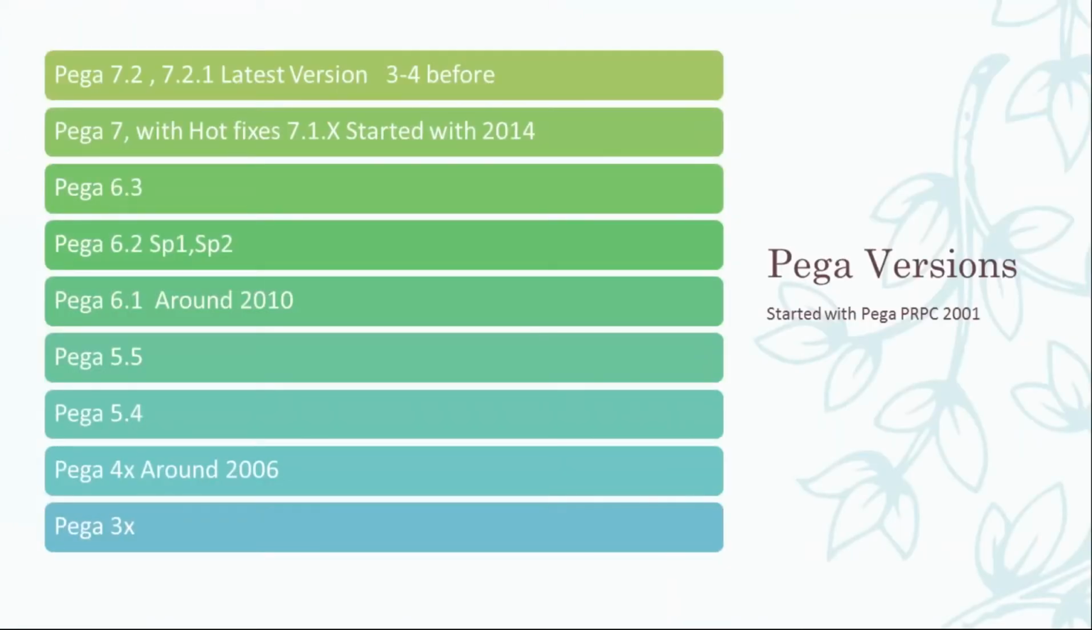Yeah, so we can see how Pega evolved in different versions. Pega 4X came around 2006. After that they released 5.2, 5.3, and that went on for around 4 years. Pega 6 started in 2010 and that also went on for around 4 years. Many market players moved to Pega 6 after 5, and Pega 7